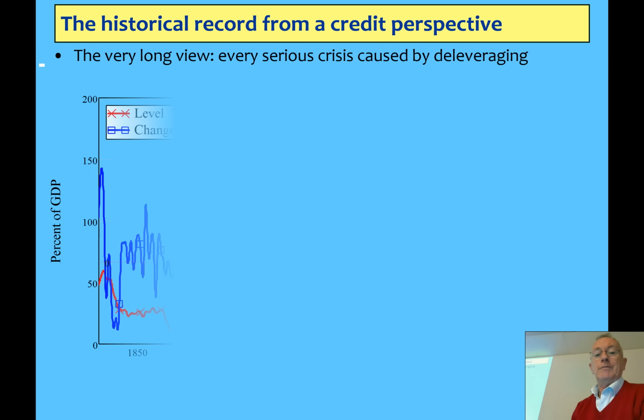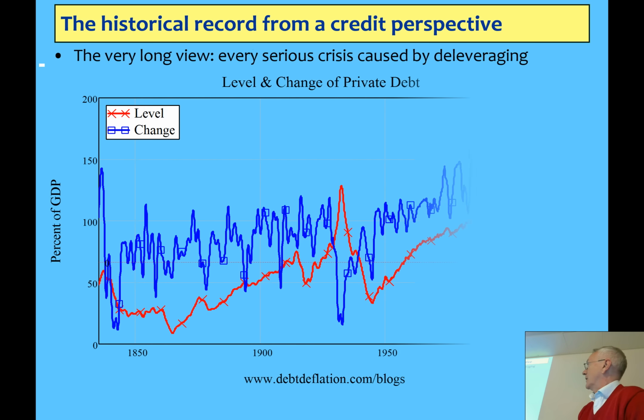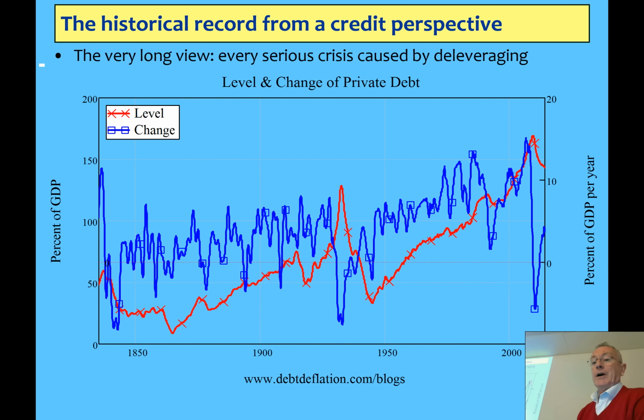I want to give you an idea. This is looking at that same data. The red line is the aggregate level using that combined data system I put together. The blue line is the change in debt, measured on the right-hand side. And I think you can see a trend there. The bigger the level of debt, when there's a change in debt, the more dramatic the change is as a percentage of GDP, simply because your level of debt is larger compared to GDP. So back down here, the ups and downs in the 50s were relatively small. The big volatility began about the 70s to 80s. And then we had the biggest volatility event of all, the financial crisis.